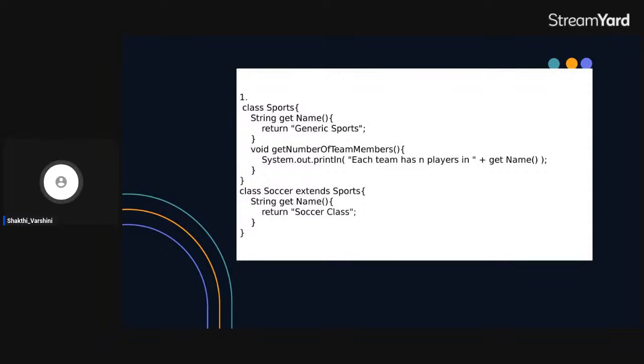So, how it is working is like, normally from the sports class only the soccer class is created. It's inheriting its properties, right? So obviously the sports class functions will be implemented first, right? So what is in the getName function? It is "generic sports". So this generic sports will be called in the next method. That is what is given here. Each team has n players in generic sports, and then next is